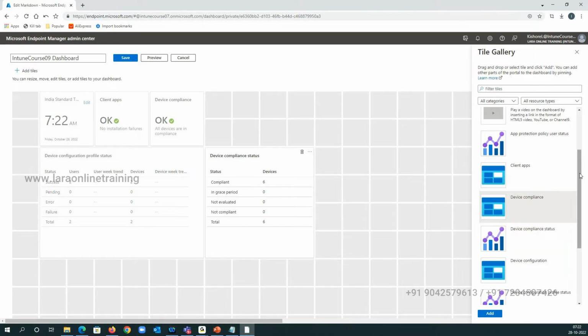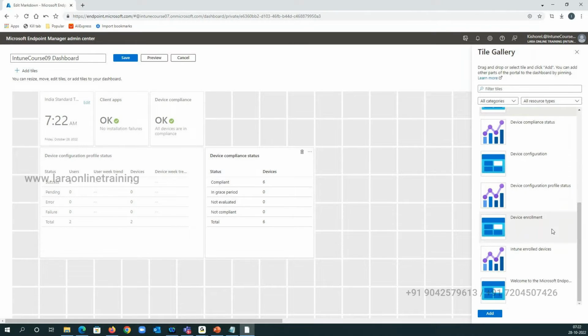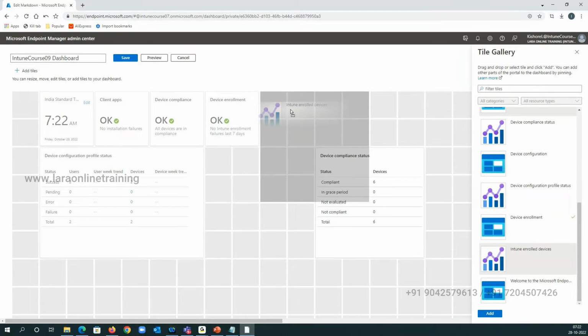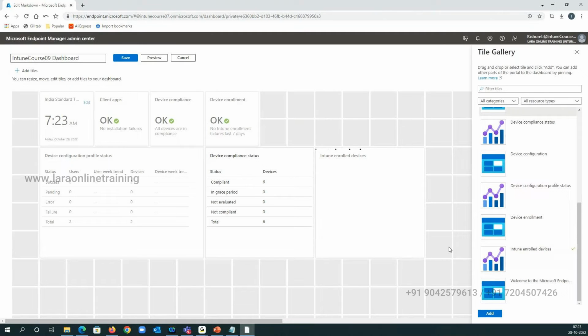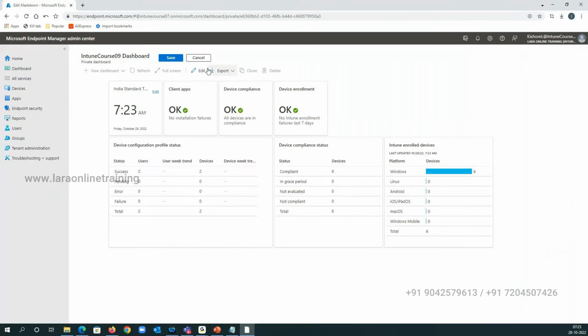Then you can come down. You can check your device enrollment status. You can check your Intune enrolled devices. Like this, you can create your own dashboard based on the requirement. Now I'll click on the preview. See, it looked like this. And if I click on save,